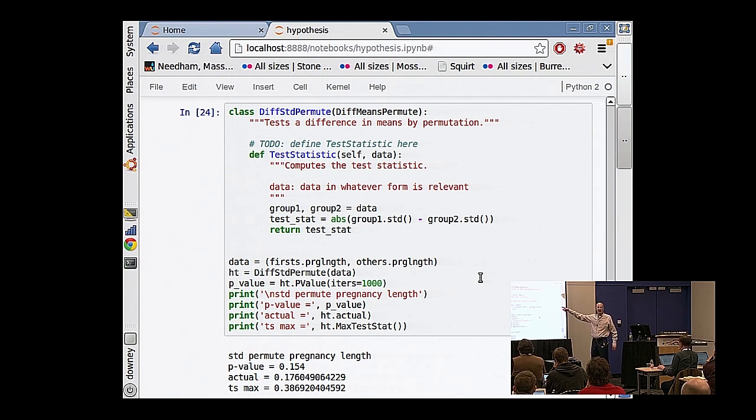Okay, so I filled in a new function for test statistic. I just copied the old one, and here where it used to say mean, I changed it to standard deviation. That was all. I can run the same experiment again where I instantiate one of these objects and then ask it to compute a p-value, and the result, the p-value is 0.154. So this says that, yeah, there's a difference in standard deviation between these two groups, but it seems plausible that that difference could happen just by random sampling. So this is another case where it's not statistically significant.